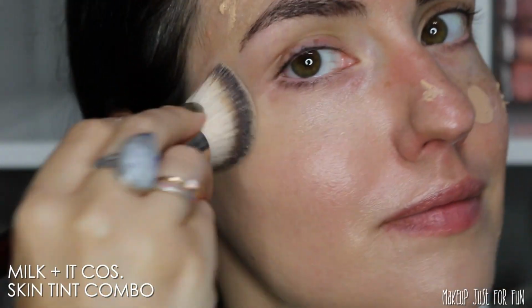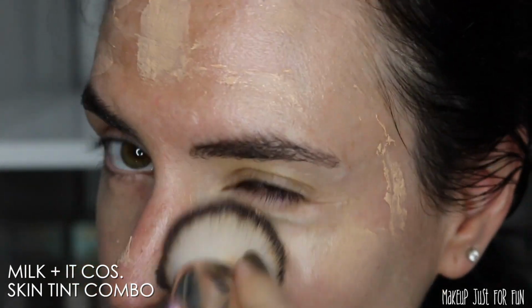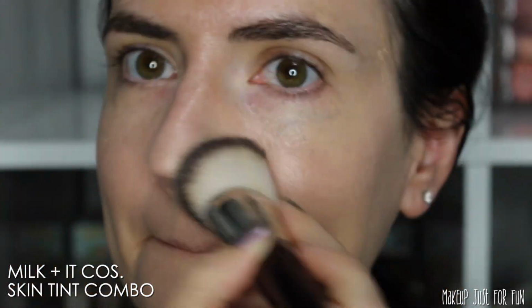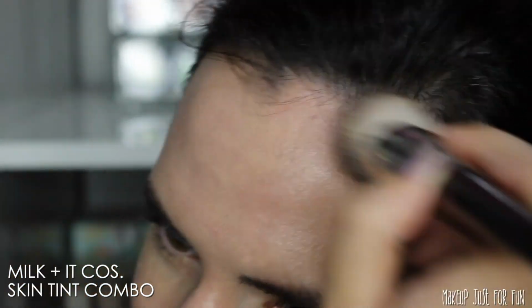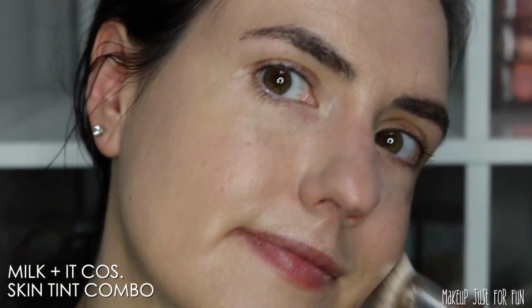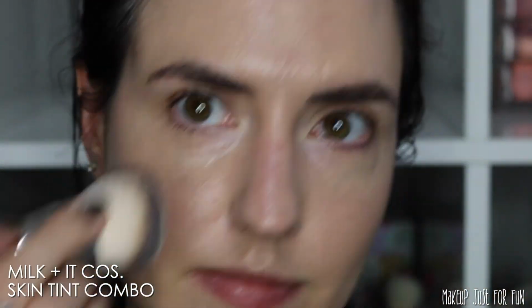I do want to quickly mention this BK Beauty 101 brush. I've been using it to blend in my foundations, my skin tint, any base coverage type of product, and I absolutely love it. It makes my base look so flawless, and even here it's blending together these two different products just so seamlessly. It makes my coverage and the finish just so beautiful. I cannot put this brush down,